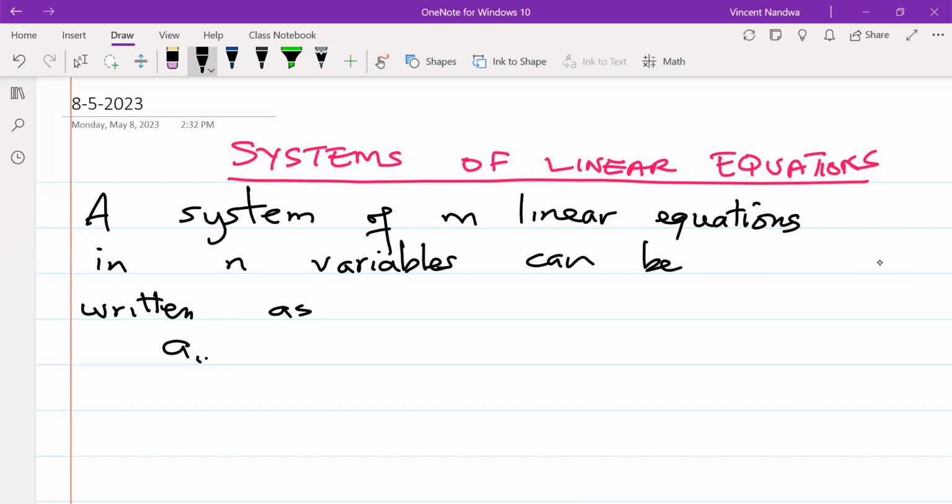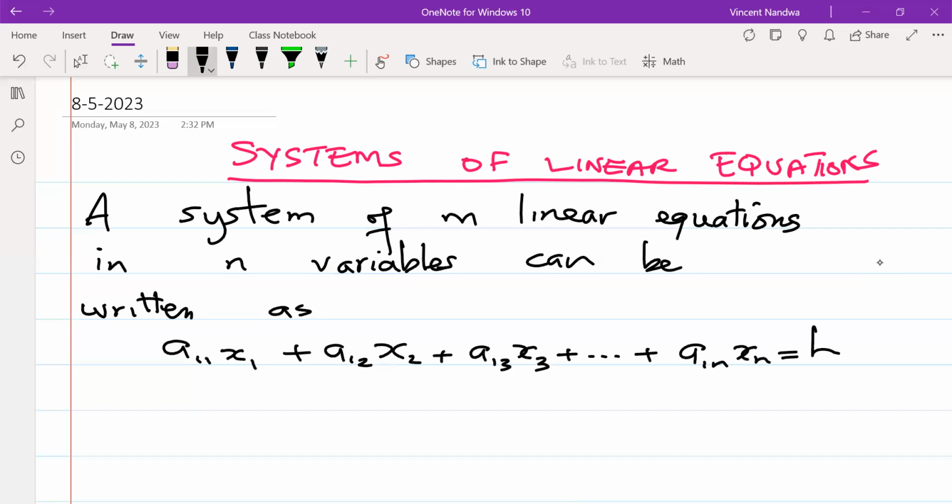So I have a11 x1 plus a12 x2 plus a13 x3 up to a1n xn equals to b1,